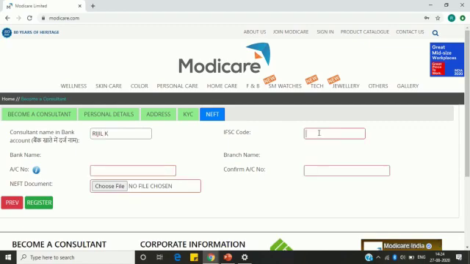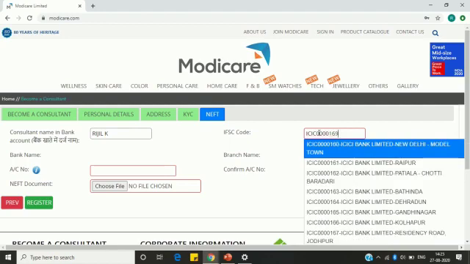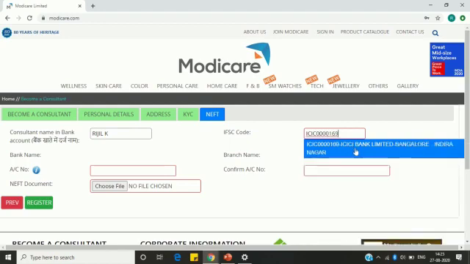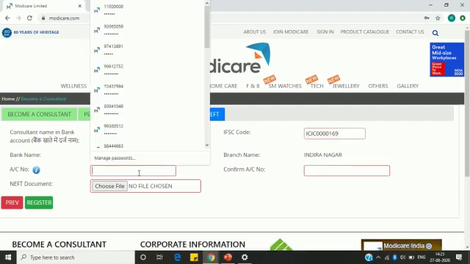And second box is IFSC code. IFSC code is always 11 digit. So I am entering my IFSC code. Once you complete the IFSC code, you can see the which branch it belongs to. So click that and then enter your account number. Enter the full account number, whichever is printed in the check leaf or in the passbook. Okay.